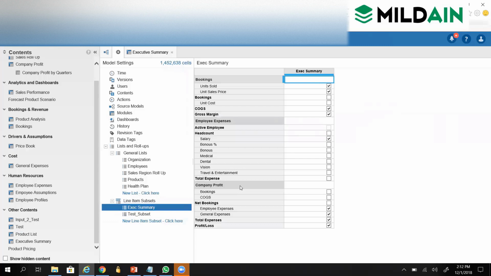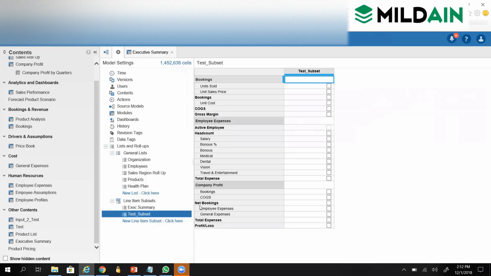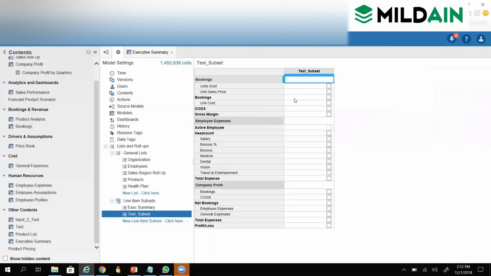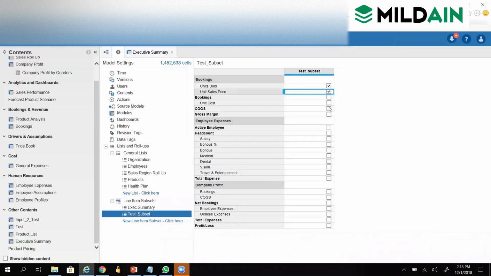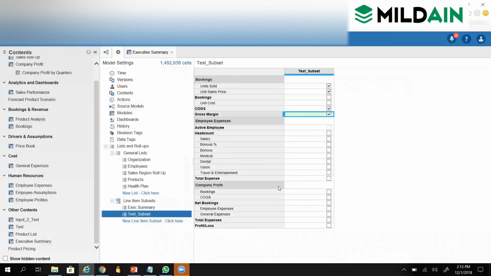So this option we are getting, right? For this, we gave in the modules, right? Then we select what all we want to have, line items. So we will select unit sold, unit sales price. Then I will select COGS, and then gross margin,